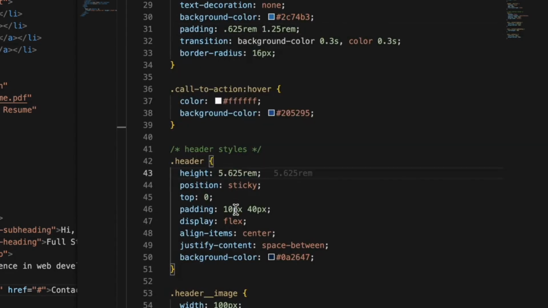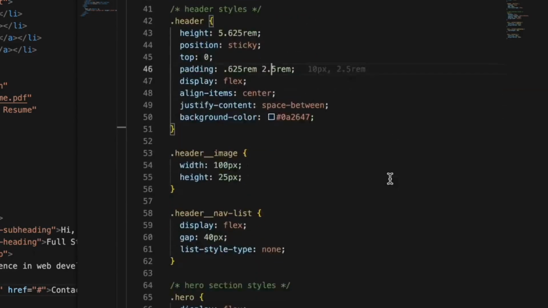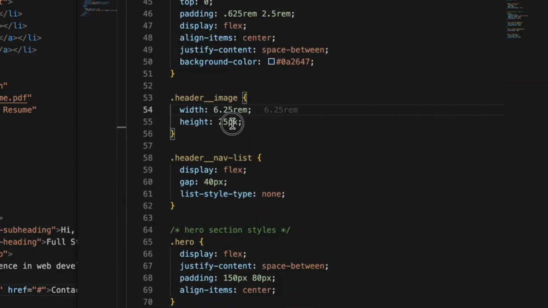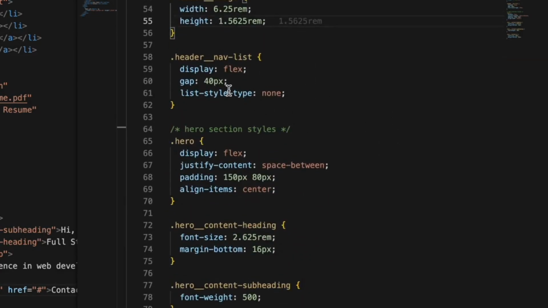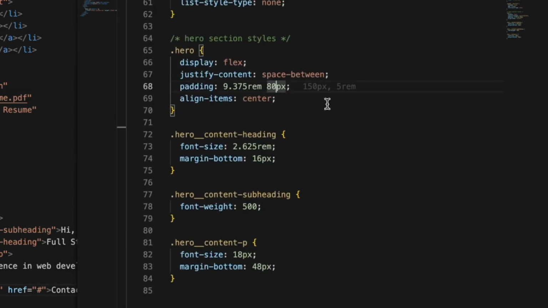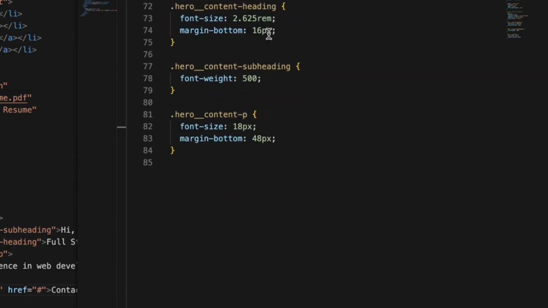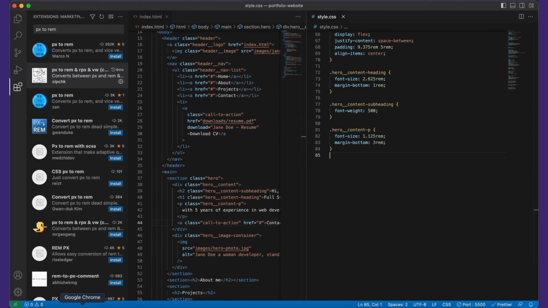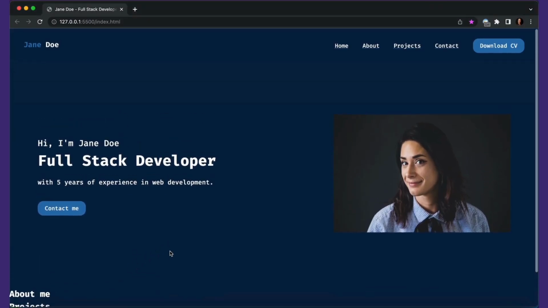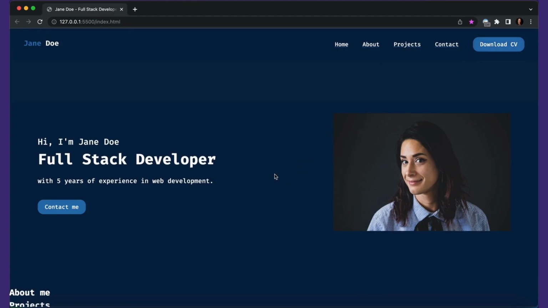through the header, header image, and header nav list, to the hero and its elements. Great, good job! Let's check in the browser if everything looks right. Excellent, everything is fine. In the end, I want to ensure you see what changed when we started using rem